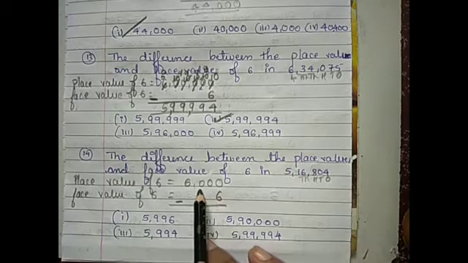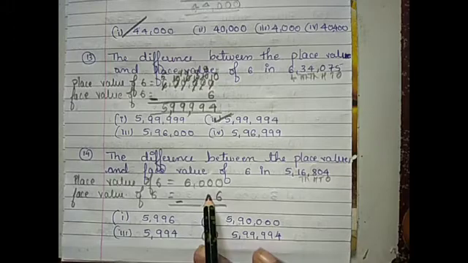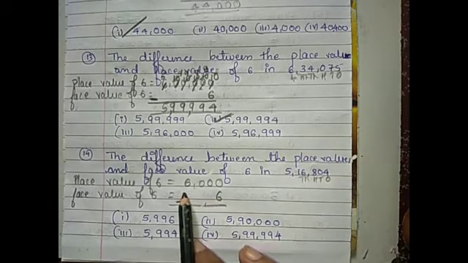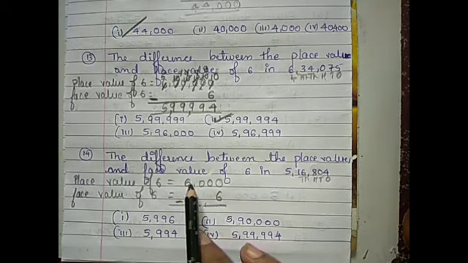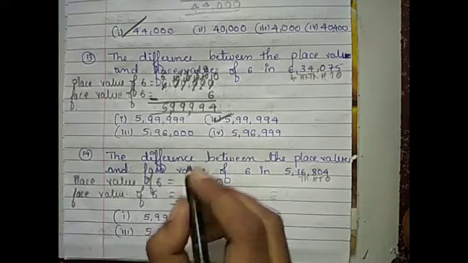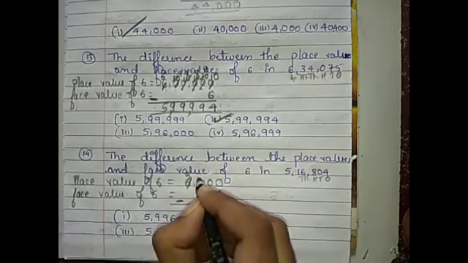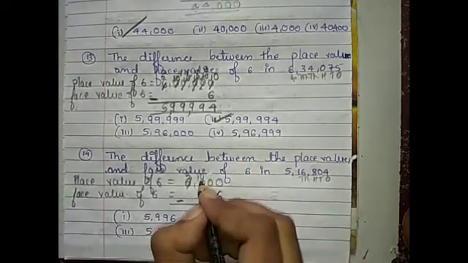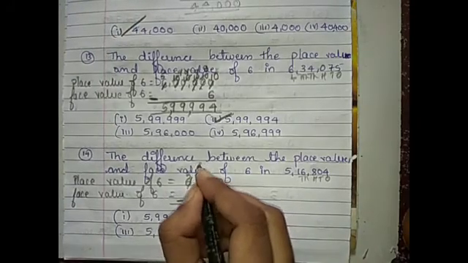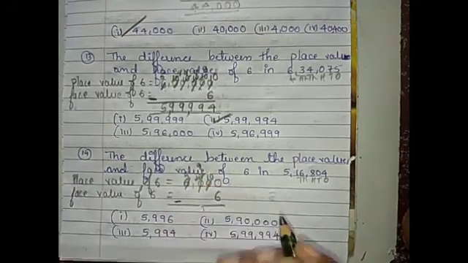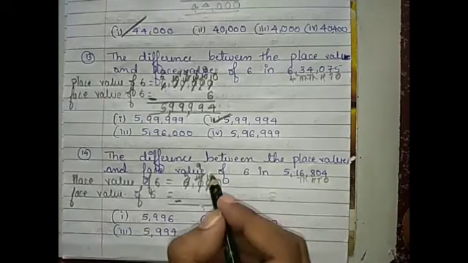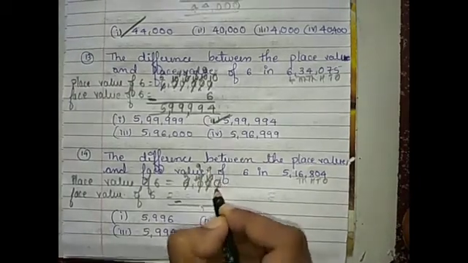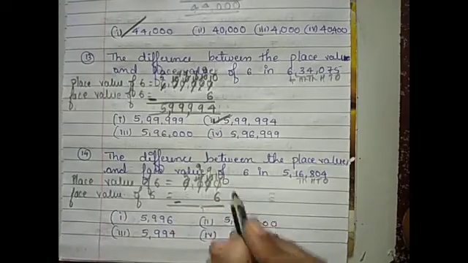So we can't borrow. So we go for a next number. Here next number is 0. So we can't borrow. So we go for a next number. Here next number is 6. If you borrow from 6, then 6 becomes 5. Then here 0 becomes 10. Now we can borrow from 10. 10 becomes 9 and here 0 becomes 10. Now we can borrow from 10, then 10 becomes 9, and here 0 becomes 10.